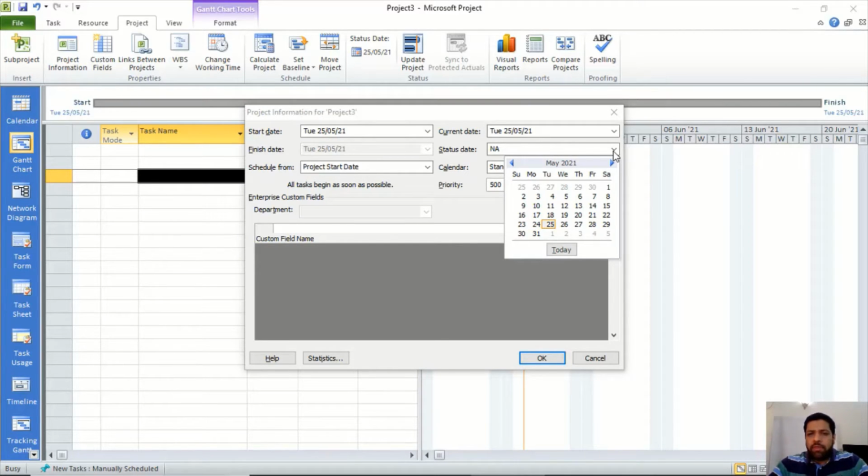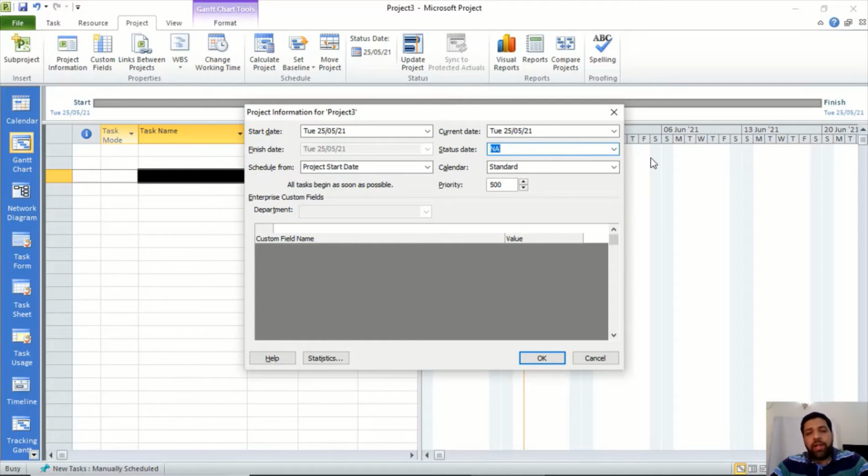By default, this can be the current date, but if you want to see the status of the project on some past date, meaning after the start date but before the current date, you can set that past date here, and Microsoft Project will calculate the status of your project as per the date you provide in the status date. When you are creating the project for the first time, the status date is not applicable, because you haven't created anything, the project is not in execution, you are just planning the project.